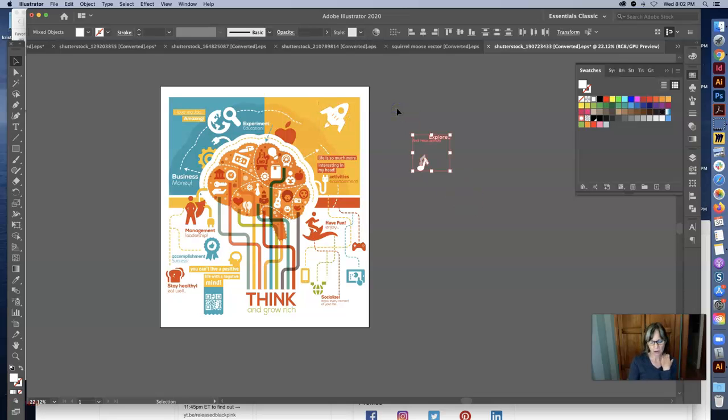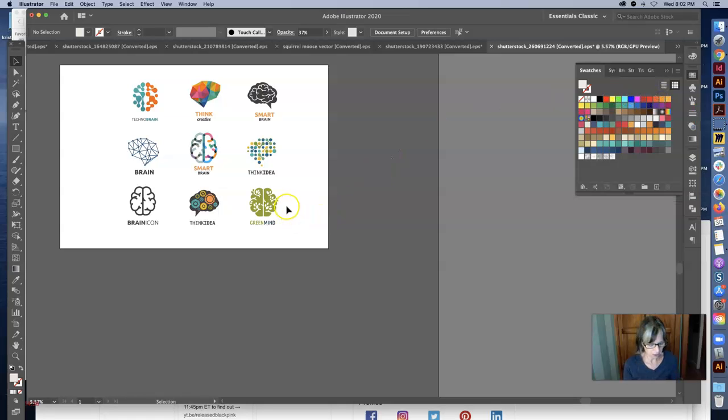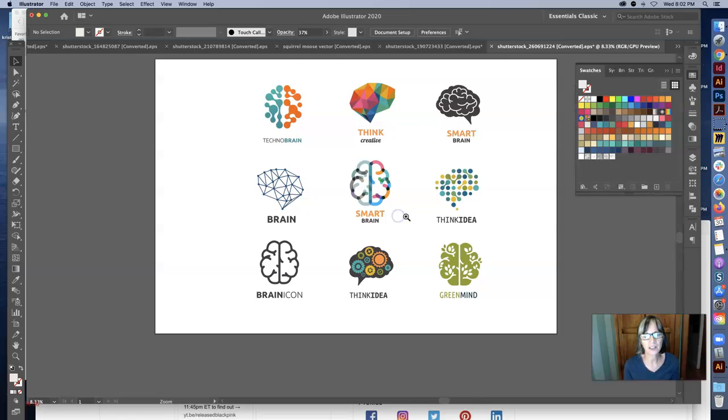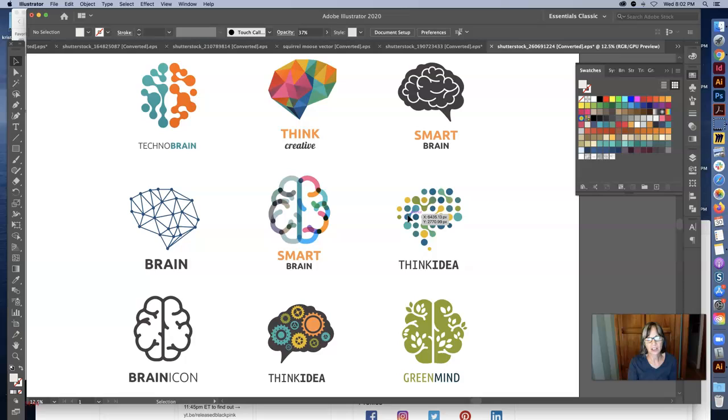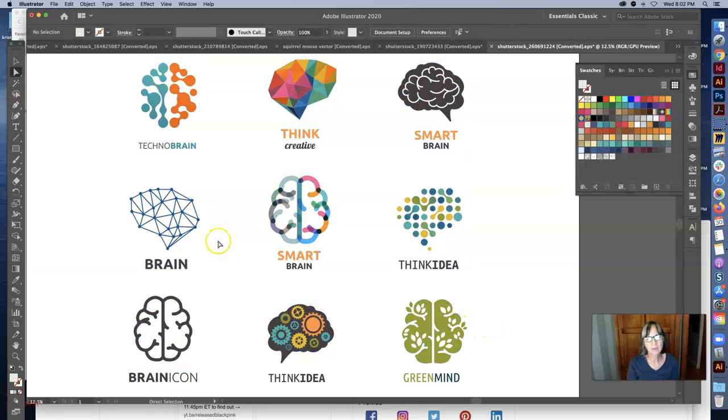So as you are illustrating, you will probably create an illustration library for yourself that you can refer to. So this is one illustration using a brain, and I thought this might be interesting to show you because this is very often how Illustrator is used and how graphic designers often use Illustrator. So it's very graphic images. They tend to be very flat. And depending on where you are, what your skills are, you may go more into illustration versus something